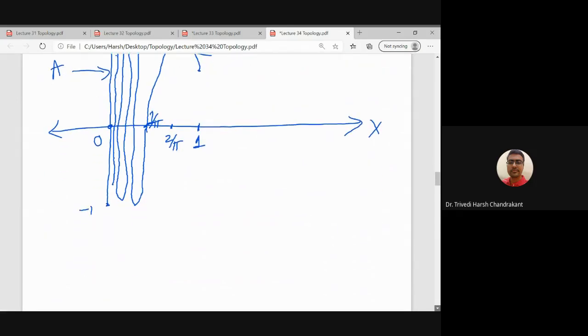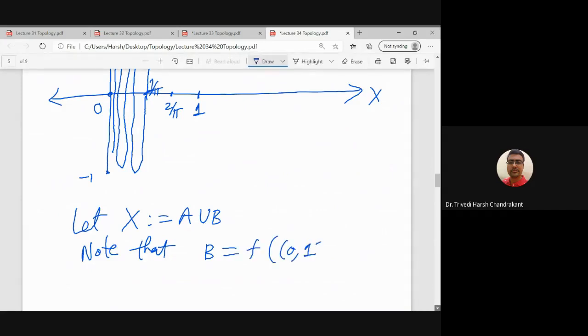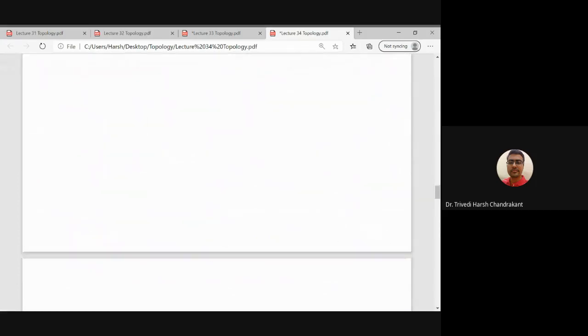So let us consider the set X, which is a subset of R2, which is the union of these two sets, A union B. Note that B is basically the graph of the function, right? The function sin(1/x). So basically B is nothing but f of (0, 1], where the function f is defined as